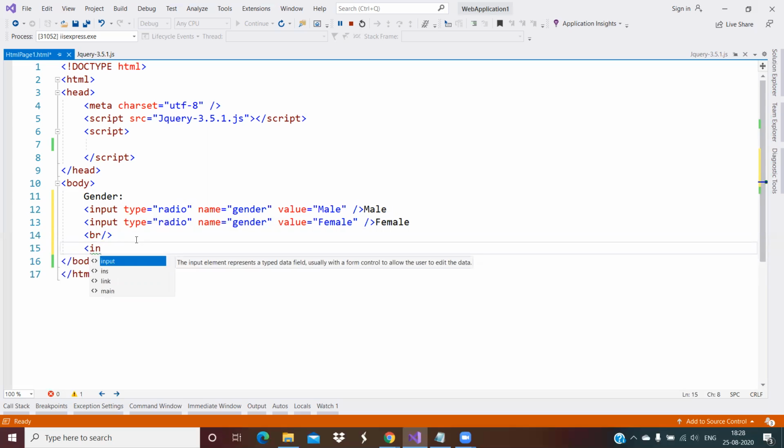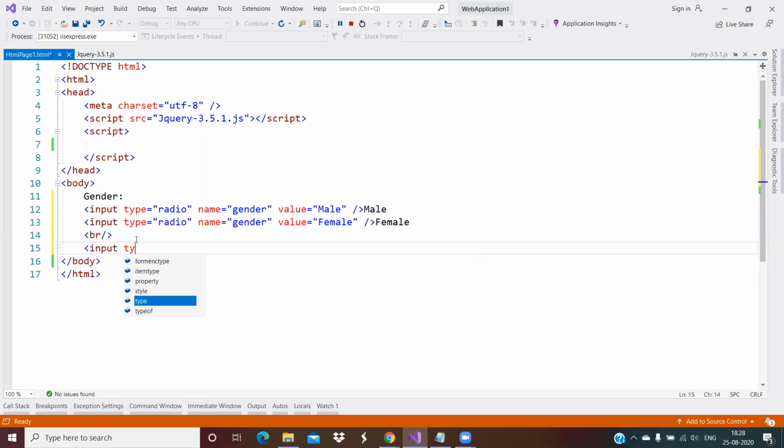So input type button. The value is what gets the checked radio button value.